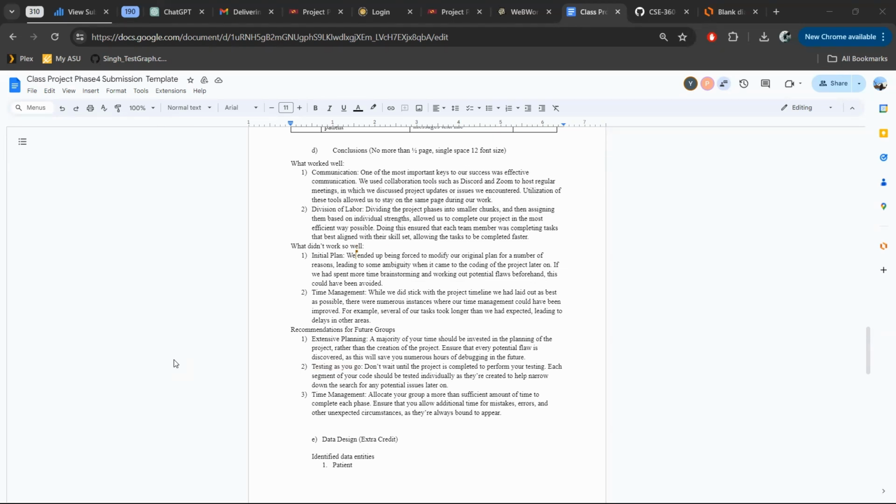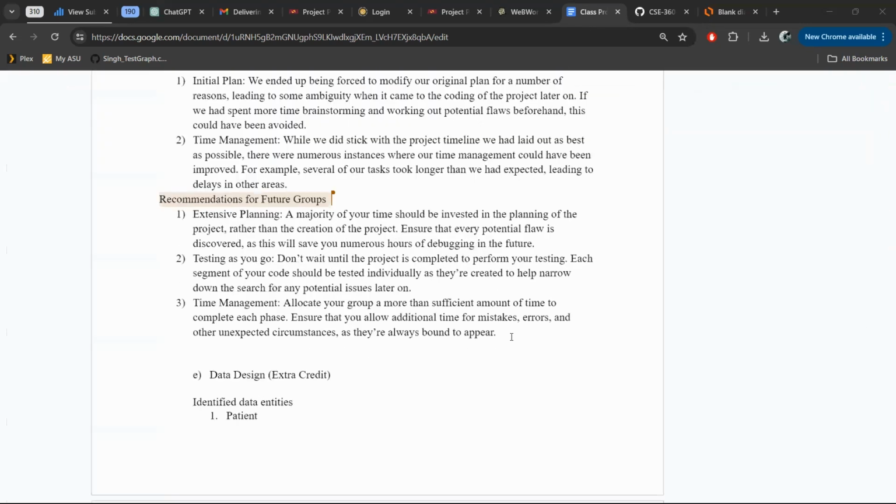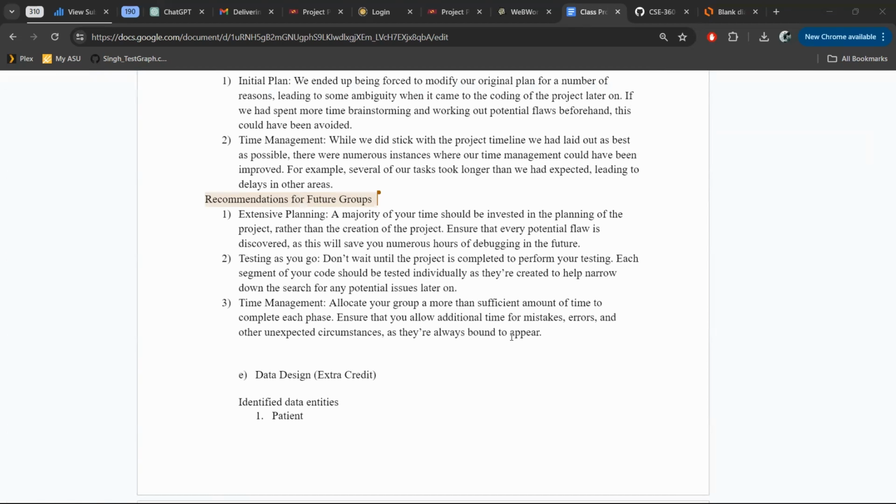The second one is time management. Even though we turned in our project on time, it was mostly in a hurry, because we always started our communication too late, which might be 3 days before the due date. So we have some recommendations for future groups here. The first one is extensive planning. A majority of your time should be invested in the planning of the project,